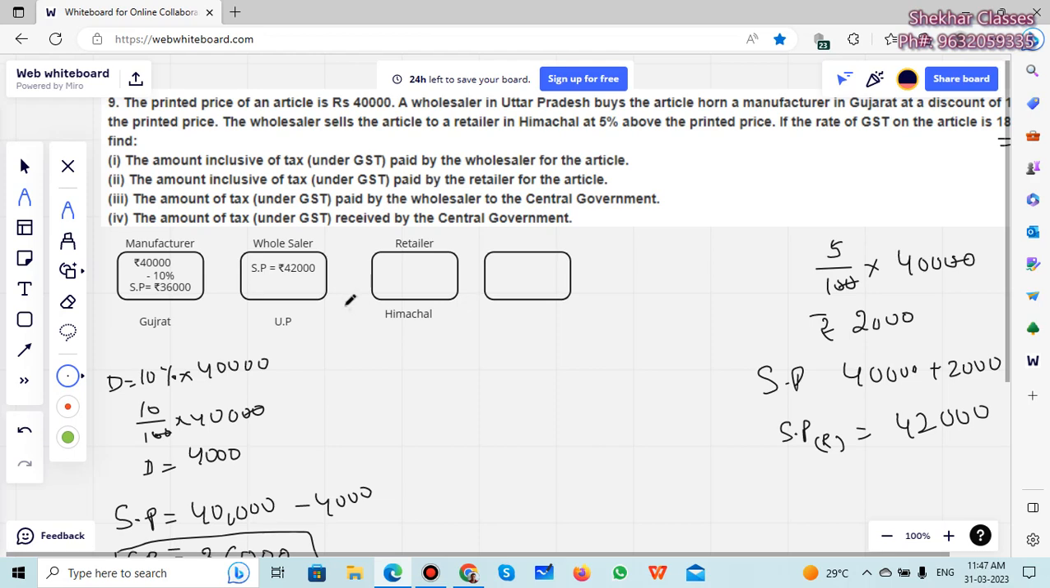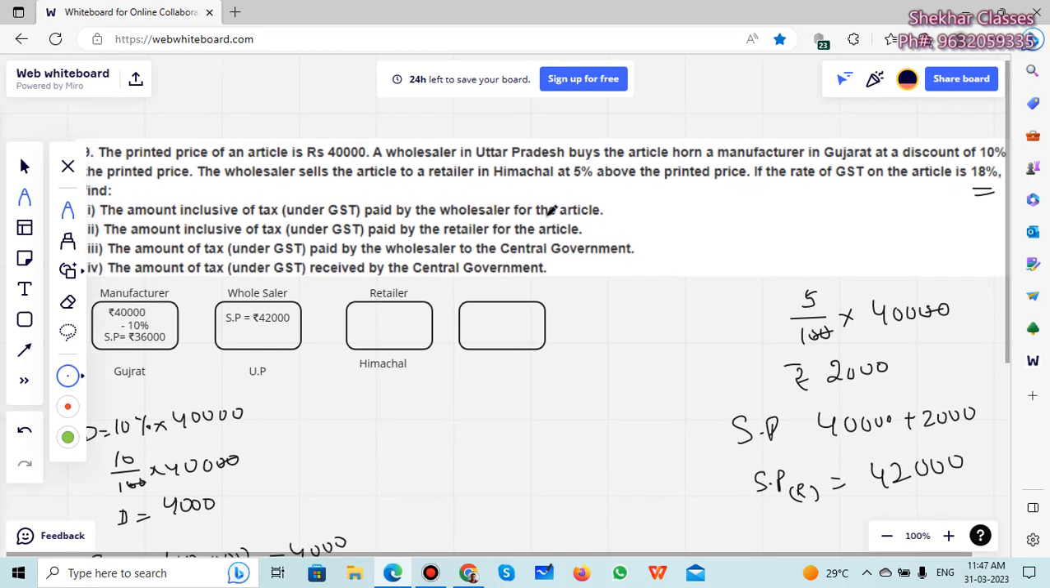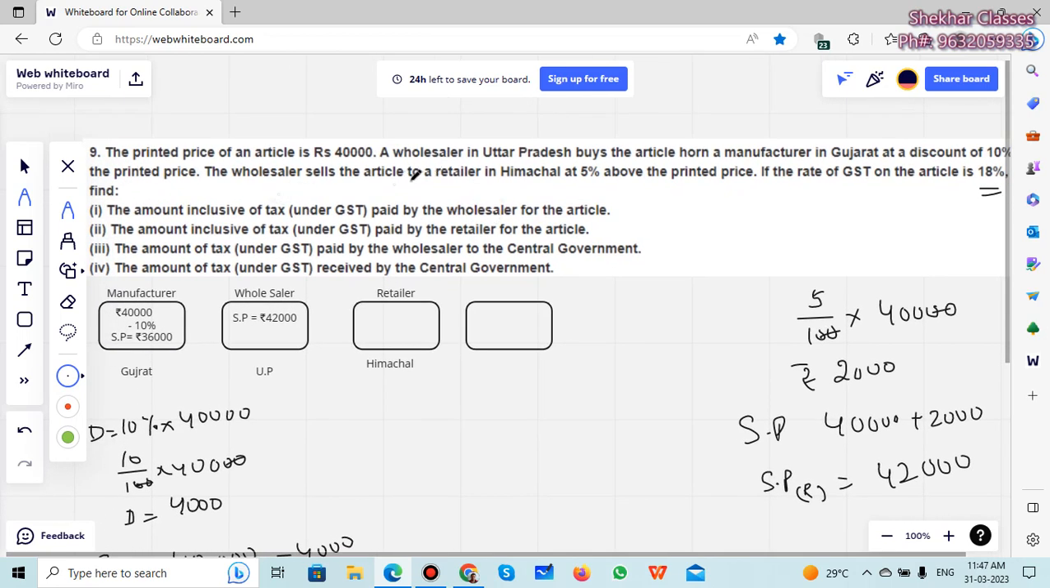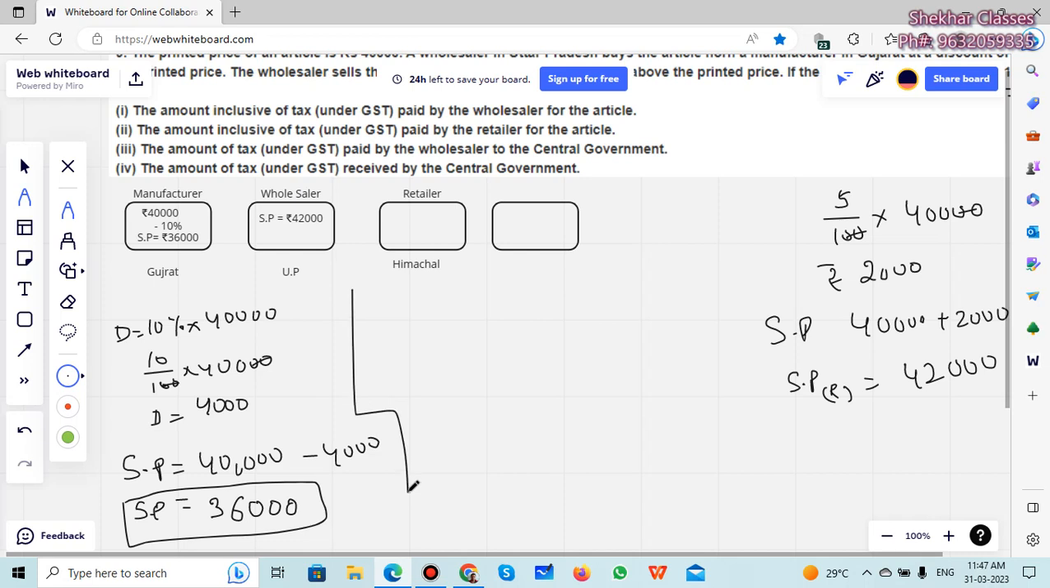And again he has to pay. Remember, all this is happening from Gujarat to Uttar Pradesh. Now from Uttar Pradesh it is going to Himachal Pradesh. Again IGST here. So what is the price he will have to pay? According to this question, he has to pay 42,000